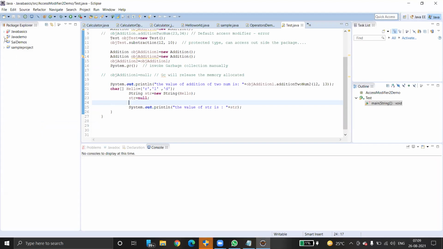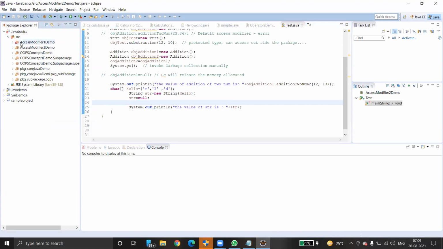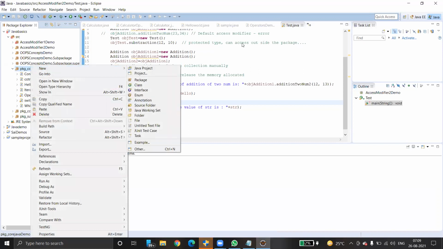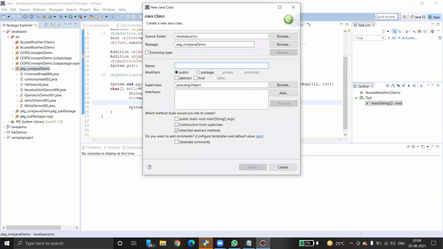I'll create one quickly. Right click, go to new, go to class, create class, with a main method.